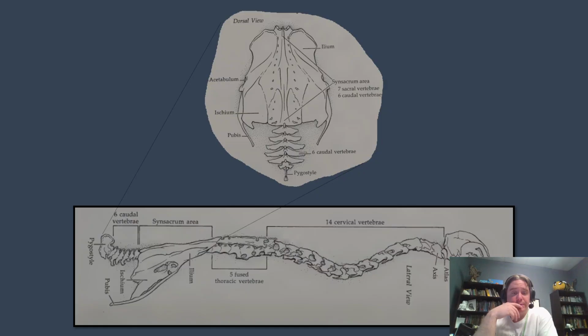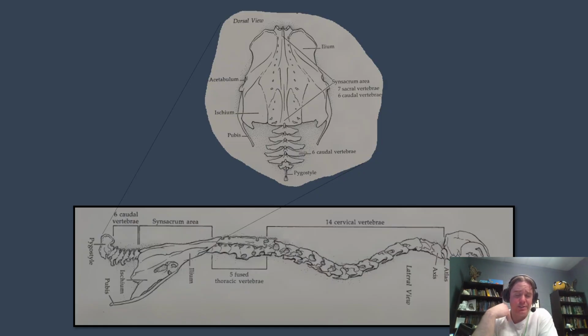But in this case, you've got 14 cervical vertebrae followed by 5 fused thoracic vertebrae. And if you look at pictures of thoracic vertebrae, they're all fused into a rigid structure. So again, there's some rigidity. And then you have the